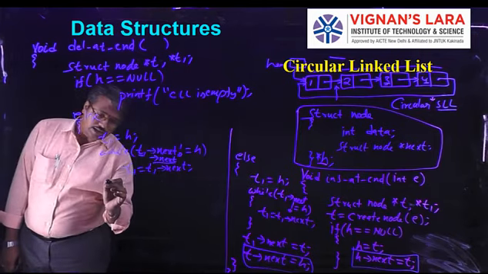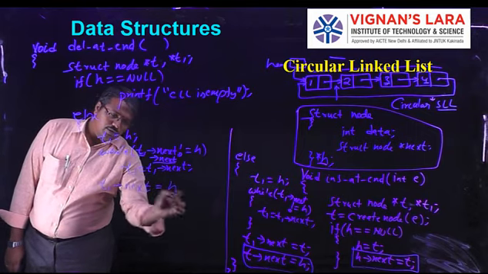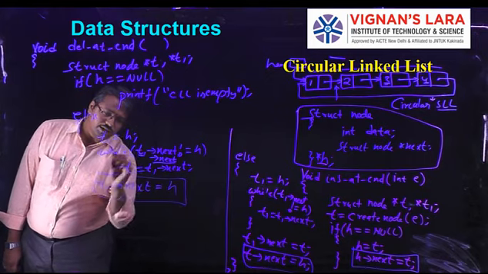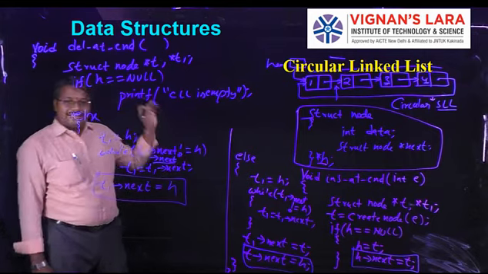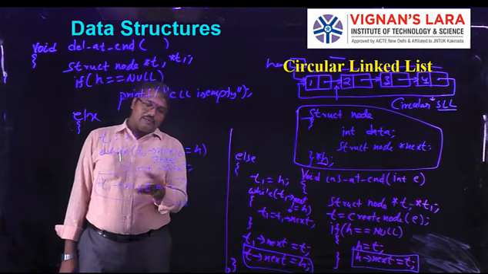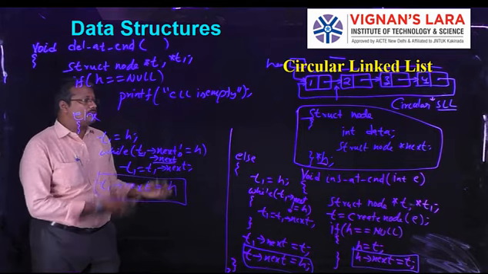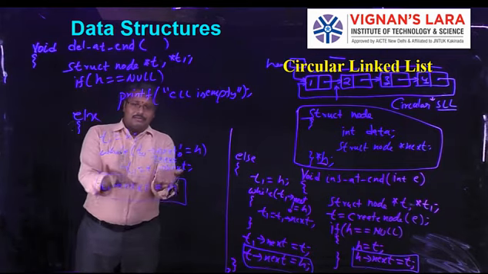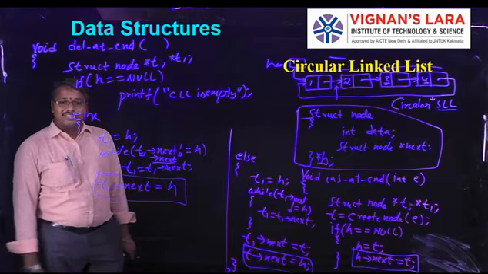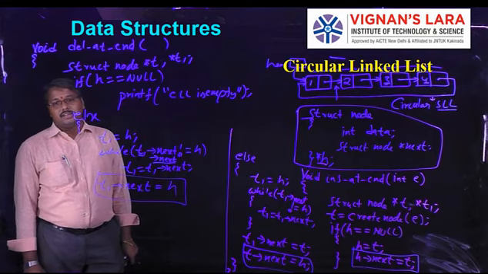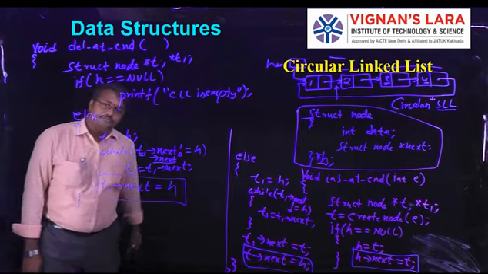So when we are getting the address of the node before the last node, a very simple operation, T1 of next is equal to h. In the single linked list case, here we wrote T1 of next is equal to null. Why? Because the last node's next field consists of null. Here the last node's next field consists of the starting node address. That's why T1 of next is equal to h. So the else part is closed.